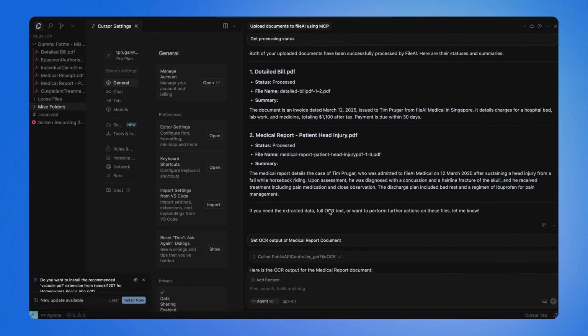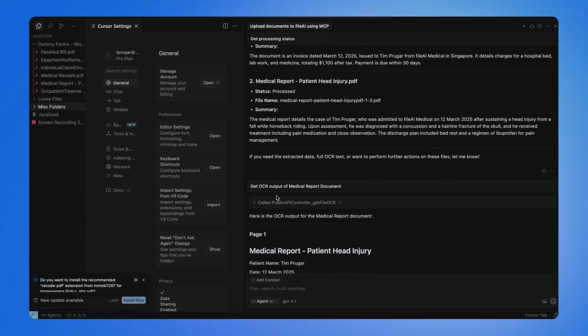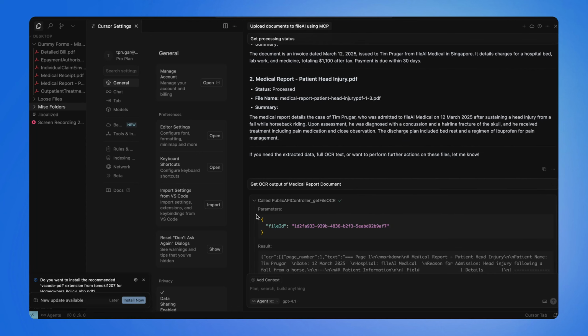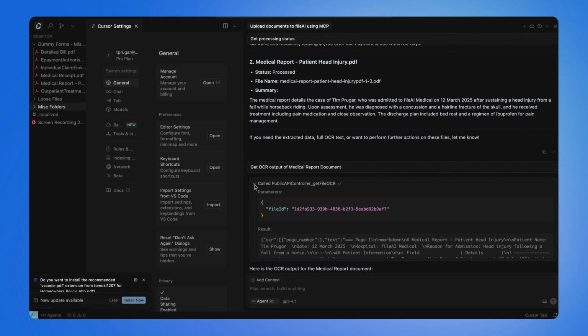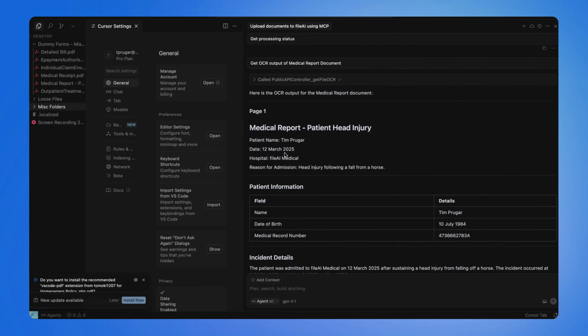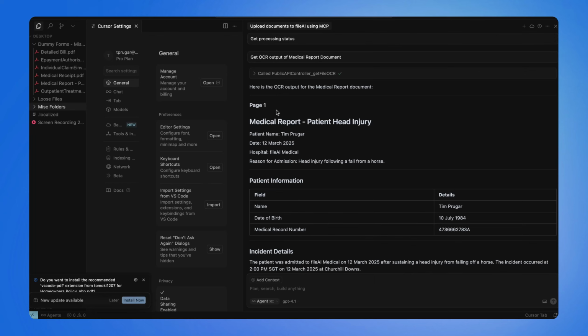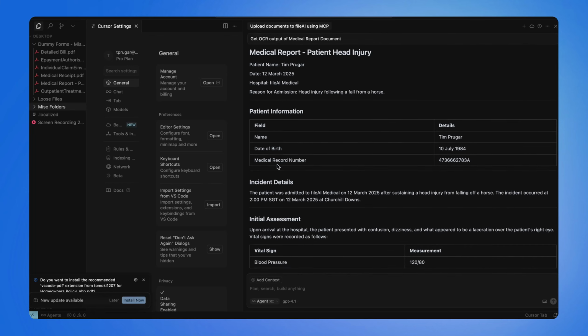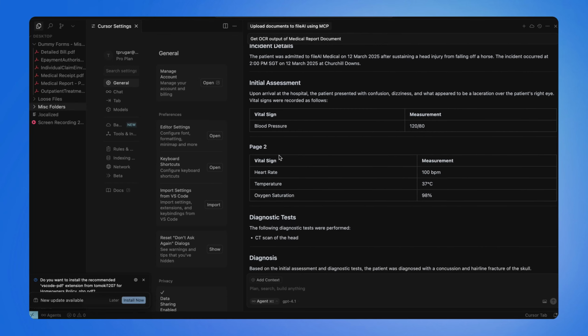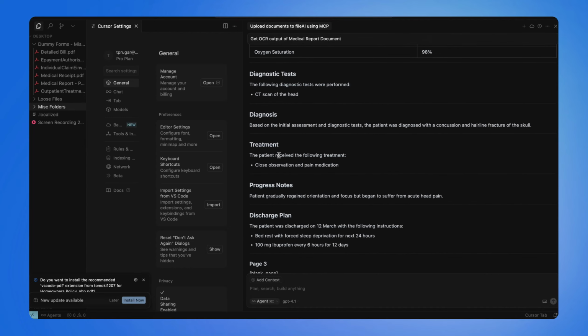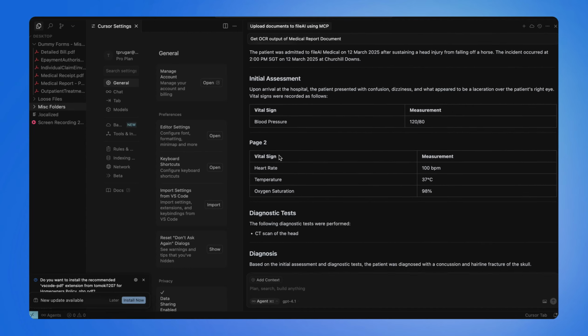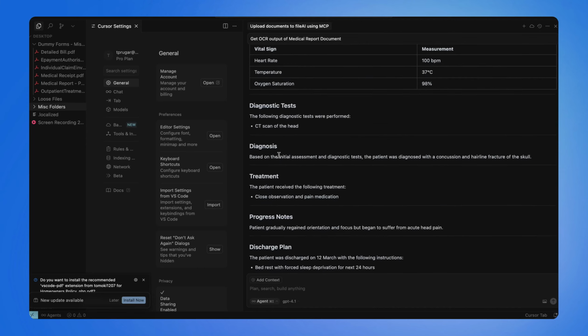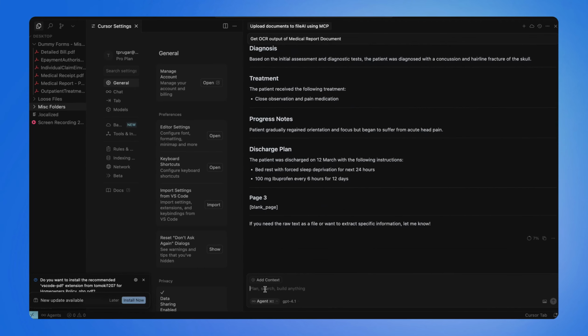And then I say clearly, hey, I want the OCR output of the medical report document. So it calls that particular endpoint, the get file OCR, and returns right in my client here all of the information from the document, so the OCR output. So all of that's right there, and if I want something a little bit different, let's say I want the